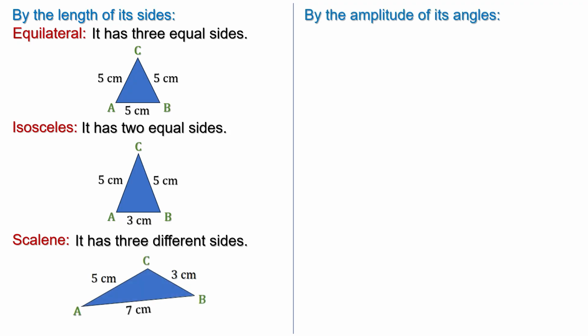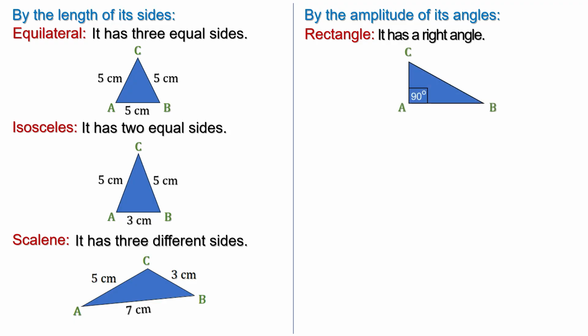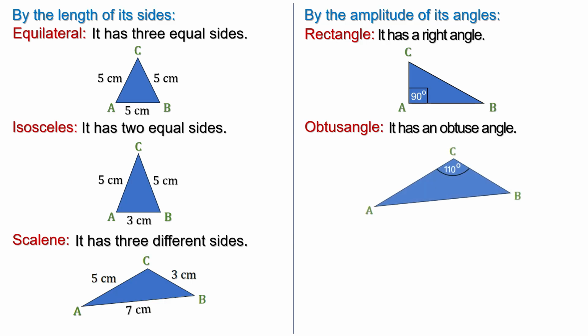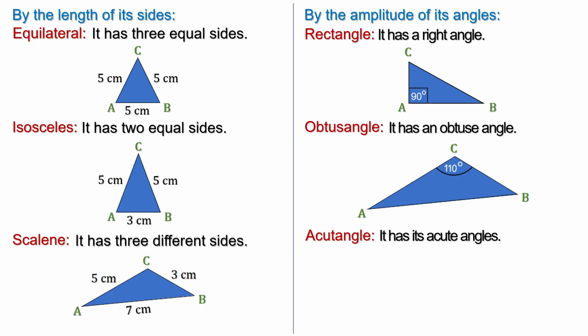Secondly, by the amplitude of their angles, where we find the right triangle, whose concept is based on having one of its angles equal to 90 degrees. For example, the obtuse triangle, whose concept is based on having the width of one of its angles greater than 90 degrees. For example, the acute triangle, whose concept is based on having the width of its angles less than 90 degrees. For example,